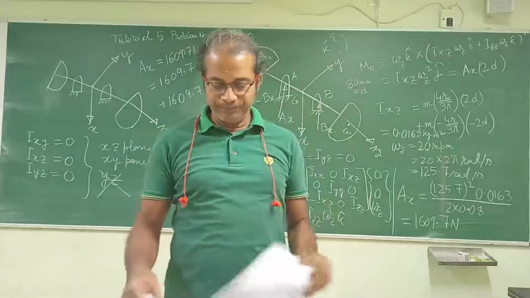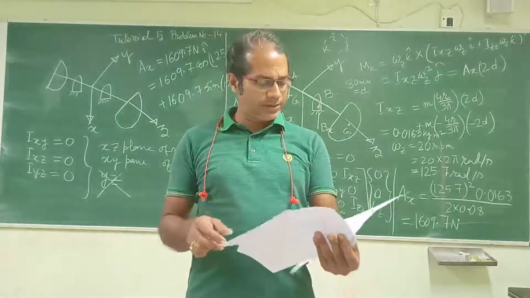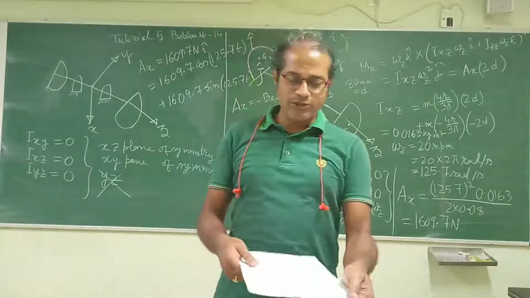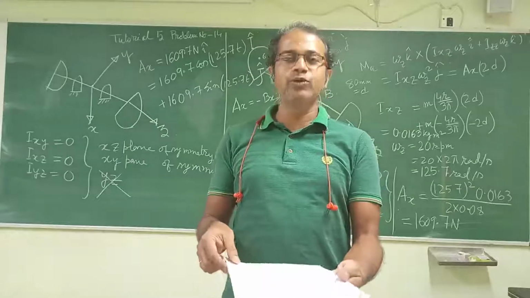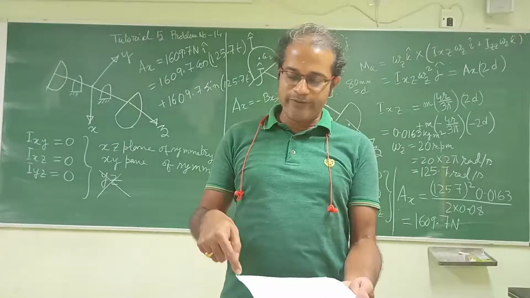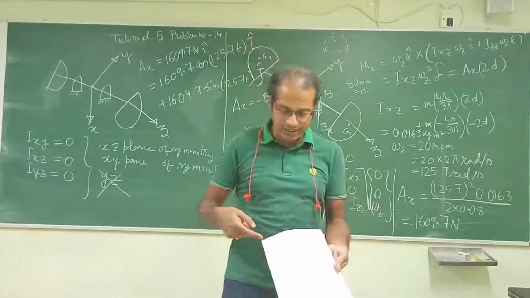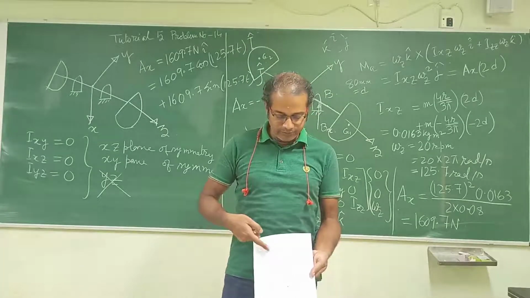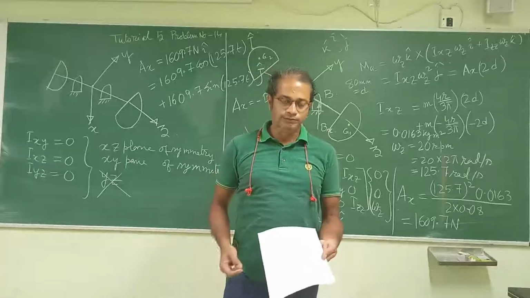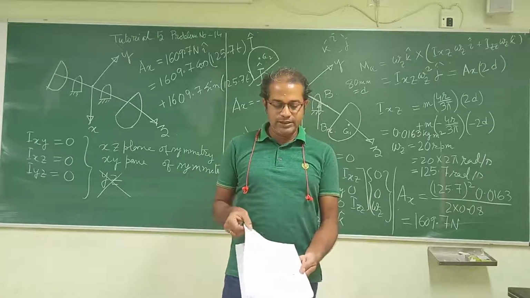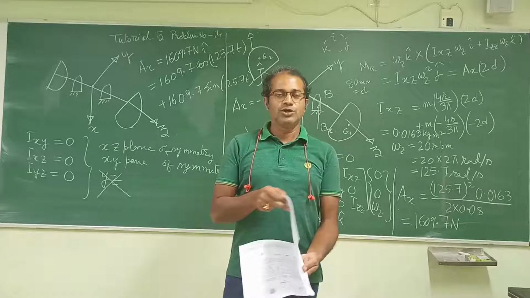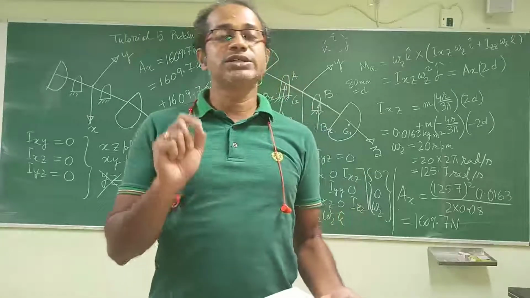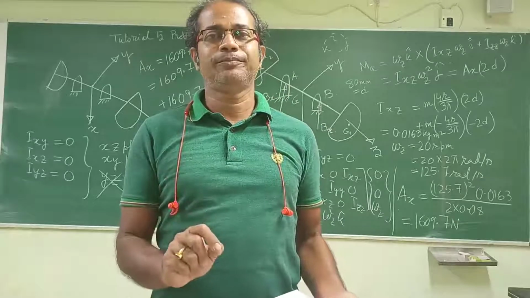Now let us come to part B, problem number 2. That problem is talking about, let's say you have a book, and an ant is moving from this corner to this corner. I think you are understanding. And you are turning this page. So it is asking what is the velocity of that ant.